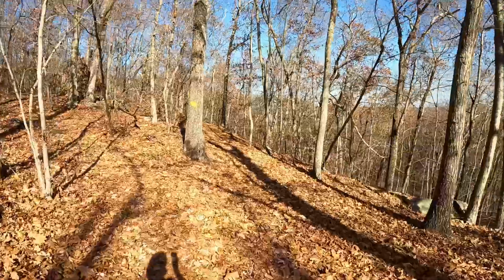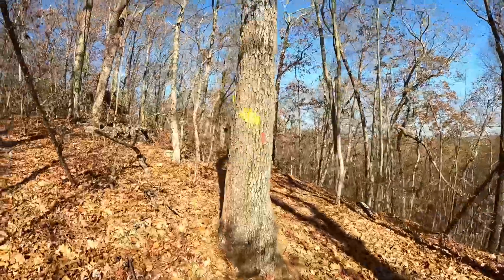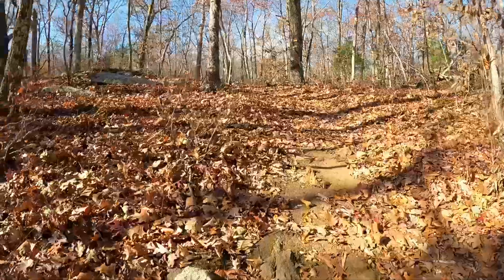All right, so we made it to the top of the cliff. Now we are at the red trail of the Connors Farm hike. I'm going to take you guys down the trail and we're going to see what awaits us. I hear there may be some stone wall ruins from the original farm from the 1600s, so let's go find them. And all right, I'm actually going to lie to you guys. The red trail is right here, but I want to take the yellow trail because this one goes a bit deeper into the woods. So let's see